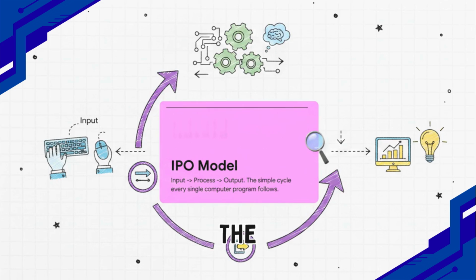Now, this whole need for sequential logic builds into the universal structure of pretty much every software story ever told. We call it the input process output model, or just IPO for short. And literally, every single computer program follows this exact simple cycle to function. Input is the raw information, that's the beginning of our story. The process is where the computer applies rules or calculations, so think of that as the rising action and climax. And the output, well, that's the final result presented to you, the grand resolution.